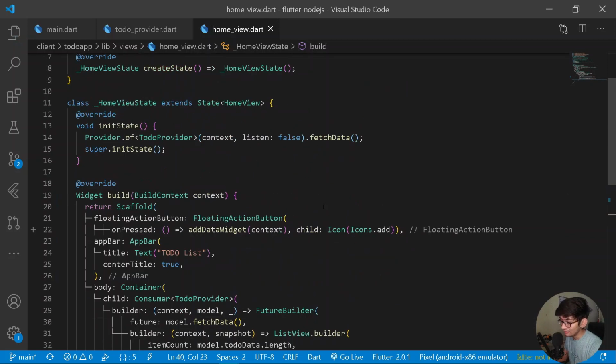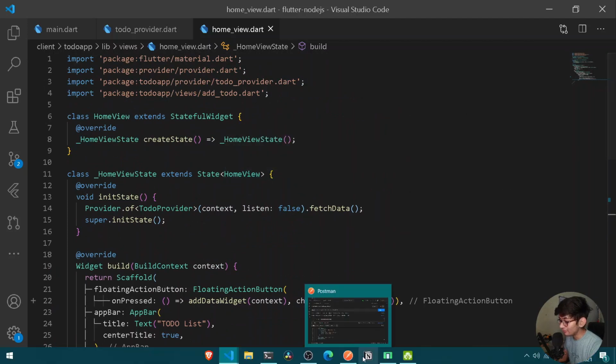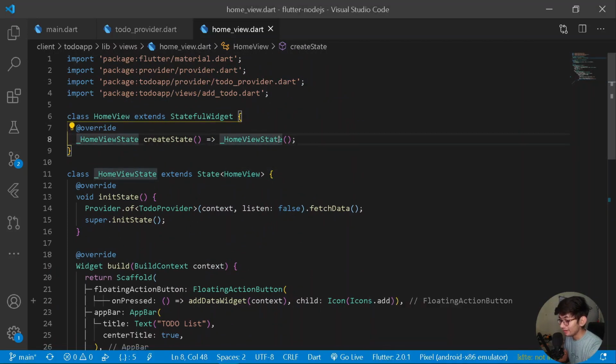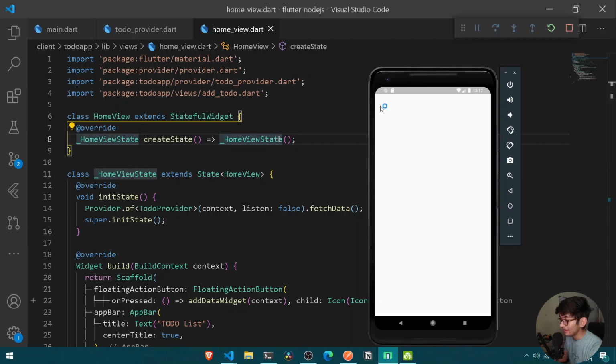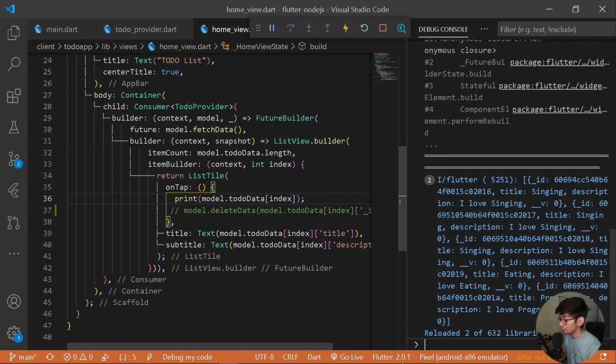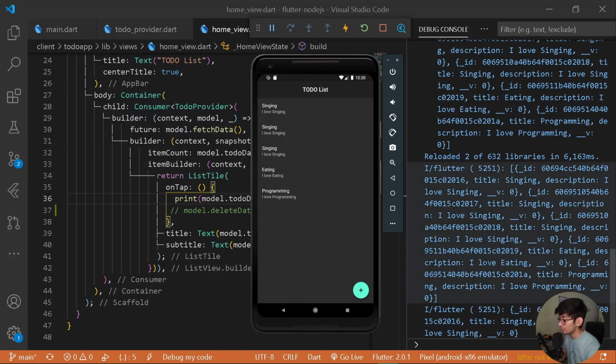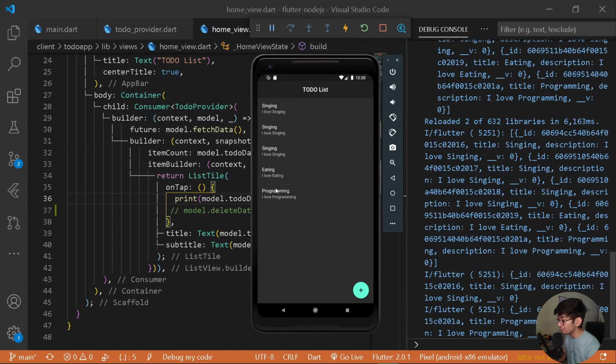So now let's try it out finally for delete method. So for trying it out, let's open our emulator which is white. Let's press F5 and reload our entire application once. A few moments later. And let's open our debug console. Cool, so now let me open this thing one more time, and if I type over it, you can see we will be receiving the following ID from our following object of singing. And if I type over programming, we shall be receiving some different type of ID, and in this way we shall be able to read the following data.